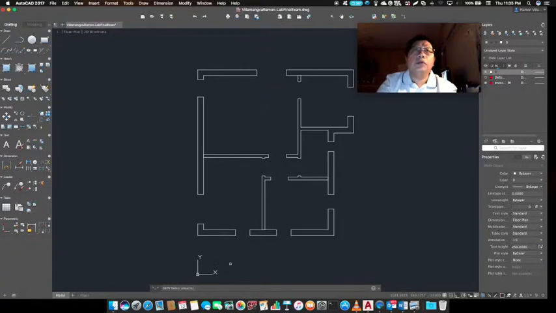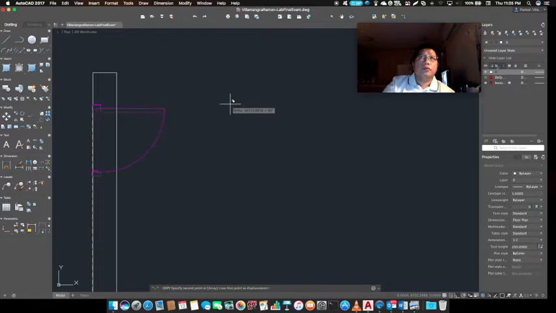D1. So the displacement point is 1 minus 2000, 0 minus 2000. Okay. So let's zoom it. Okay. So here,